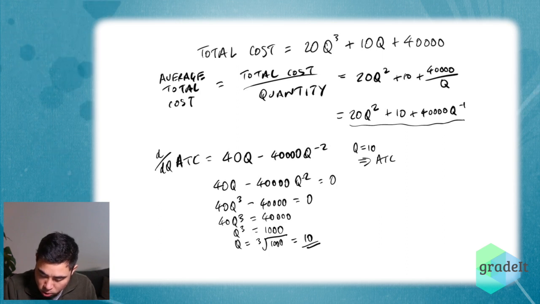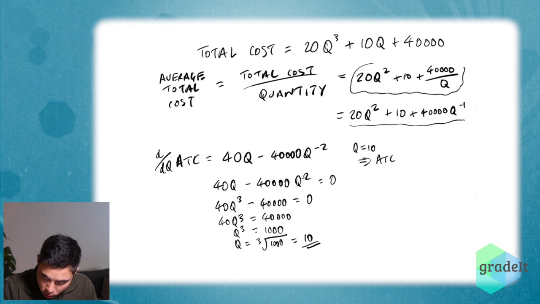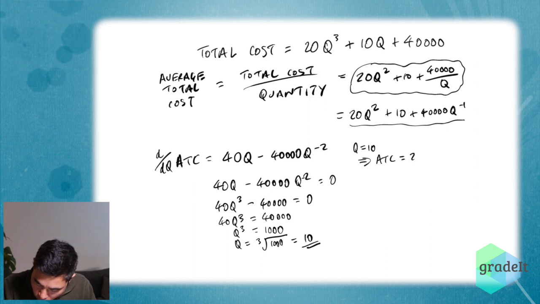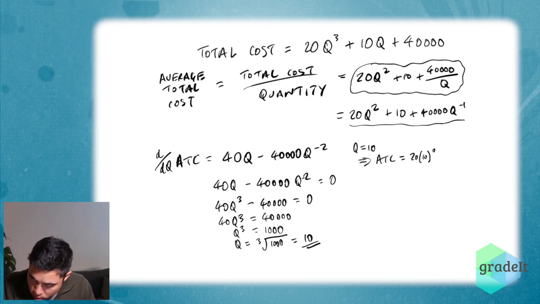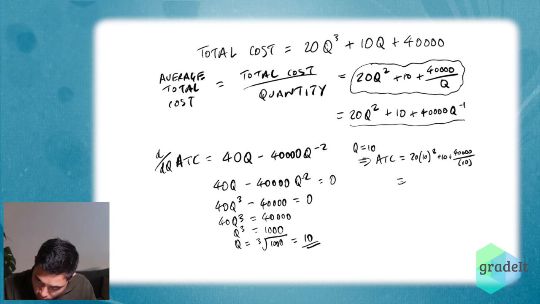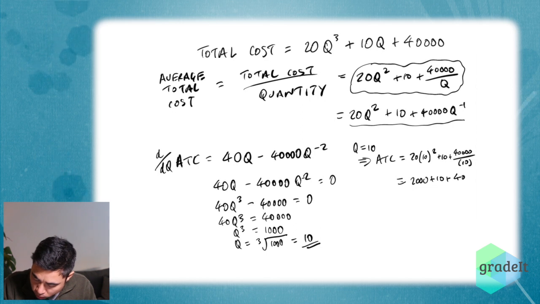So q equals 10 implies that my average total cost is going to equal, substituting into this expression, 20 times 10 squared plus 10 plus 40,000 over 10, which gives me, 100, that's 2,000 plus 10 plus 4,000, which gives me